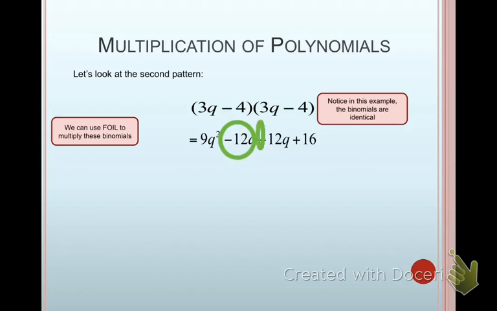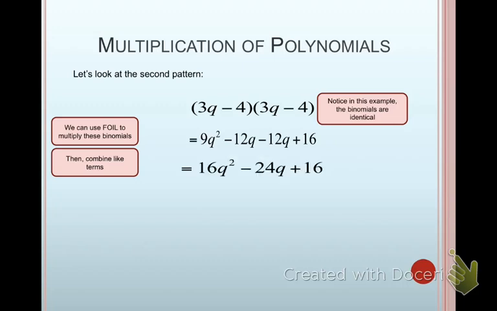These two like terms are exactly the same. So when we combine these like terms, they're actually going to become 9q squared minus 24q plus 16. Okay, so the relationship there between 12 and 20